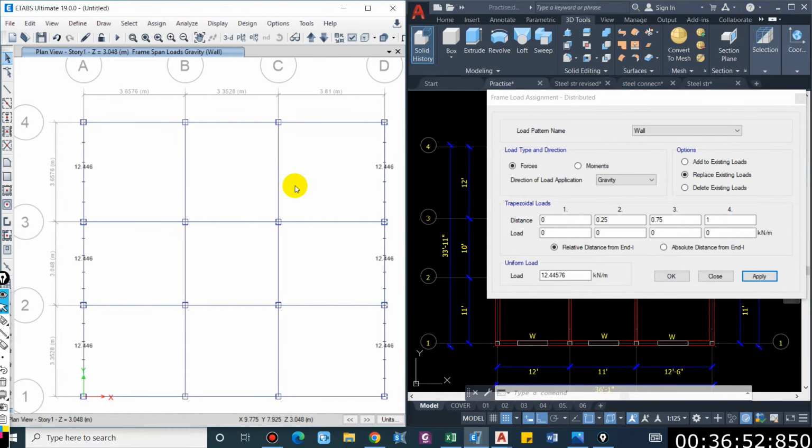Now apply this. While this face being external walls but are provided with openings, so let's assume 25% of opening. That means only 75% of load will be applied. Apply. So this is the external wall loading for the first floor,